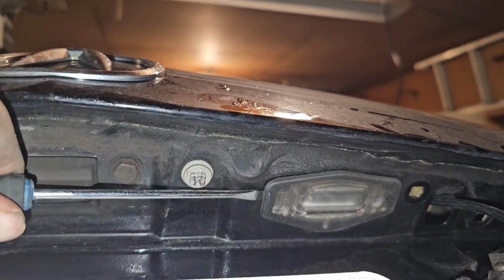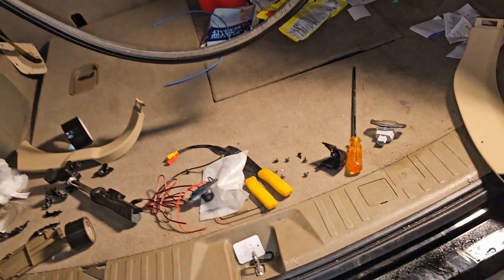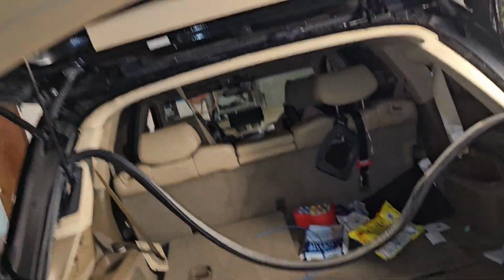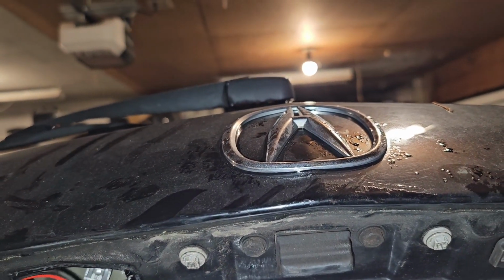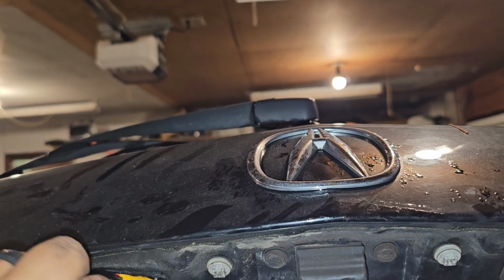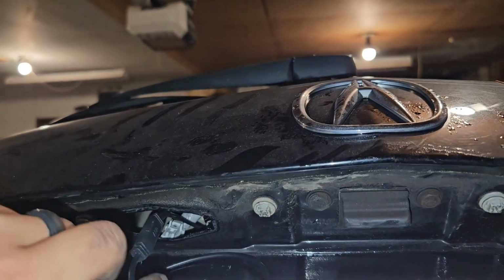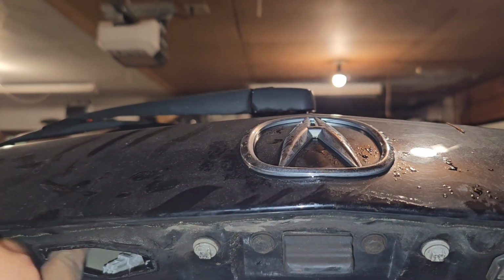So to take off this backlight, you do have to take off all the screws, and then you kind of wedge the screwdriver in like this and twist, and it'll pop right out. That's how this one popped out. Now we're gonna feed this camera with these wires into there, and these wires are gonna connect to this little guy there. So put that aside, feed the wires in first, and then worry about the wires later. Just feed them in there. Enough so that we can get this going,